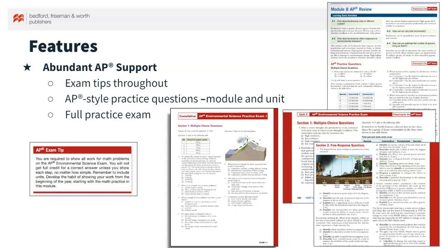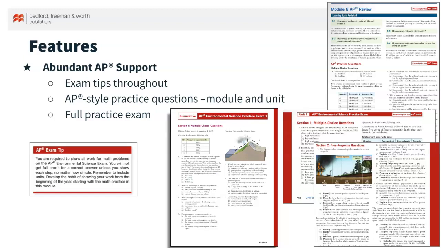There is abundant AP support. You'll find AP exam tips throughout the book and numerous AP-style practice questions similar to those found on the exam. First, each module ends with multiple choice and free response questions. Additionally, at the end of each of the 9 units, there is a unit practice exam